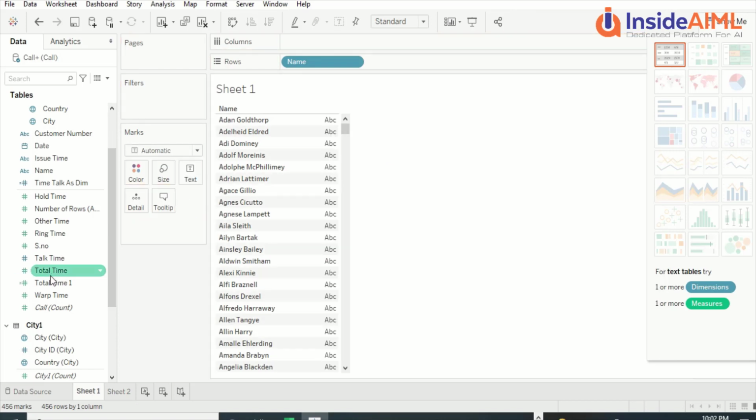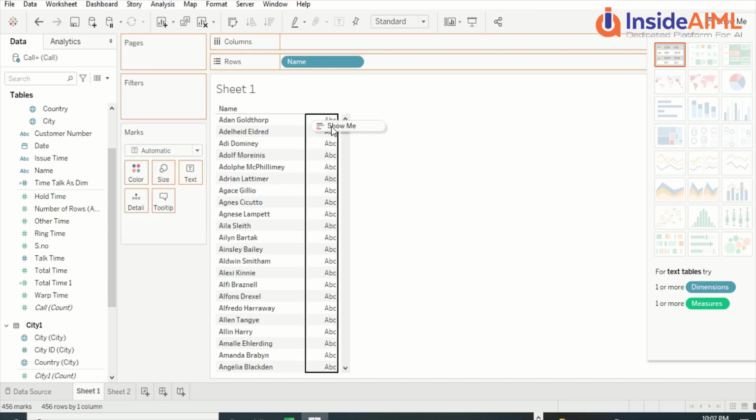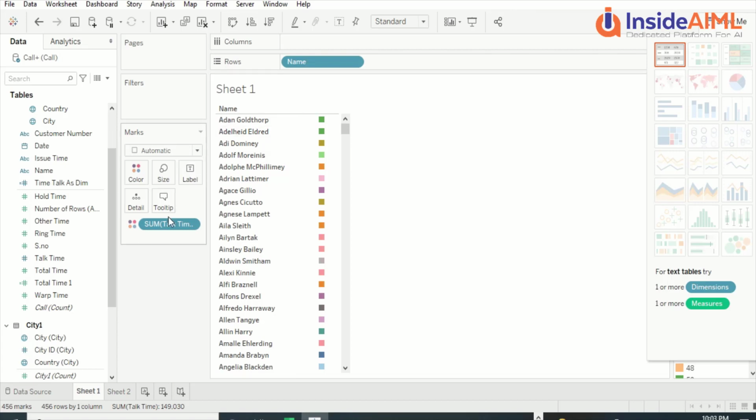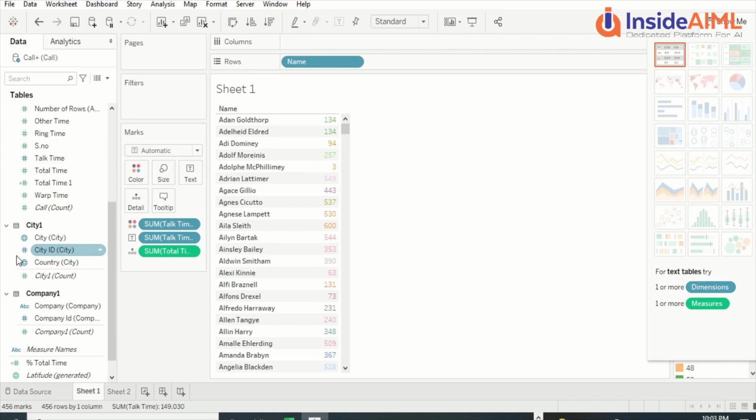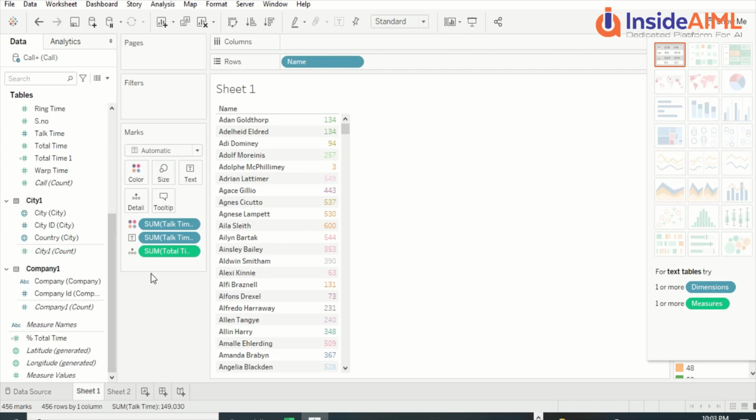You take it back, talk time, let's put it into details. Okay, and you can actually put it like this, and let me make it labels also. Okay, so these become labels now, and it is colors also. So these are the various things available in Tableau, which you can actually go ahead and play around with. And then what you can do is save it, and share it with your friends and your colleagues, and you can analyze them together.